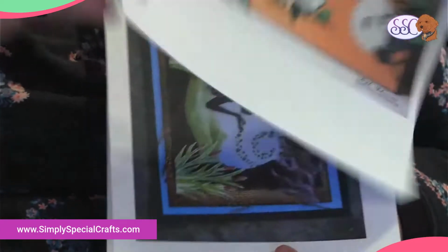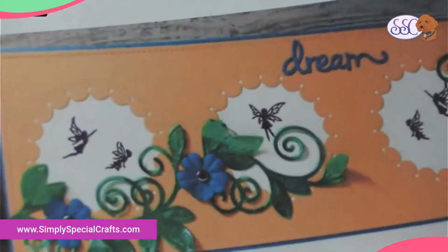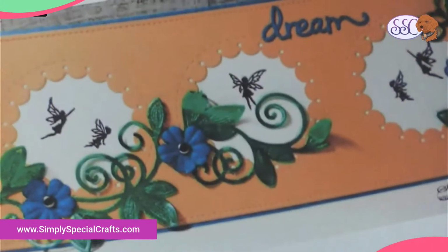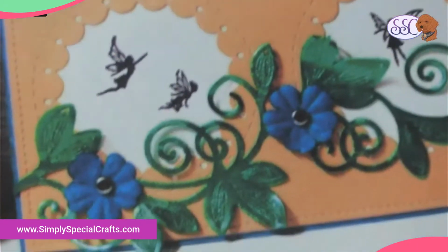Here's our next one. I love these little ones. And I got this one. I grabbed this picture because I thought this was a particularly fun picture of just using these little...